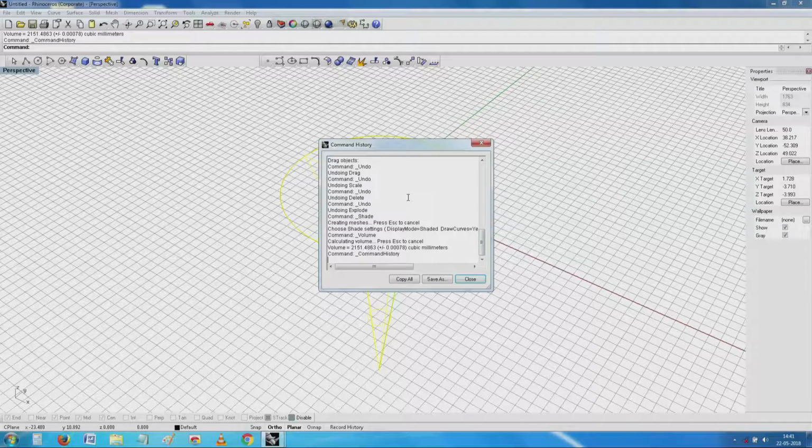I am not able to see properly, but it clearly says it is 2150, or let me say it is around 2000 cubic millimeters. So, if I divide it by 1000, it will become 2 cubic centimeters. It is a matter of scale that I can make things which are bigger and smaller.